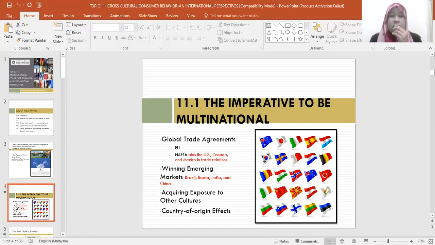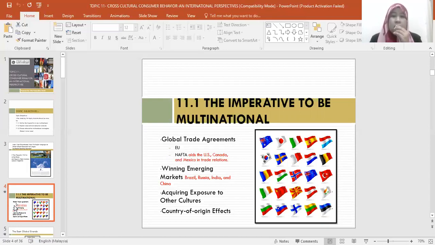NAFTA refers to the North American Free Trade Agreement, which covers the US, Canada, and Mexico in their trade relations, meaning these countries are under one continent, because the three countries, US, Canada, and Mexico, make up North America. So they do their own transactions within their continent under NAFTA, the North American Free Trade Agreement,